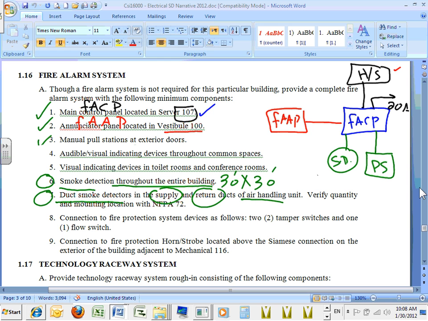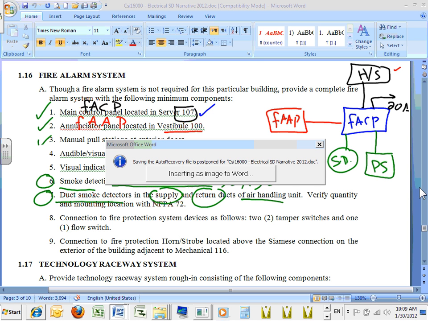So if there's a fire in your building, the first line of defense most likely would be that smoke detector in the inputs of your building. It sniffs that there's smoke in the air that's circulated, and it alarms, right? The first thing that one would do is shut down the air handling unit, because guess what? If you have a fire in this building, do you really want to circulate the smoke through the entire building and kill everybody with carbon monoxide and so forth? So you want to shut down these. Their job is to shut down the air handling unit upon the sensing of